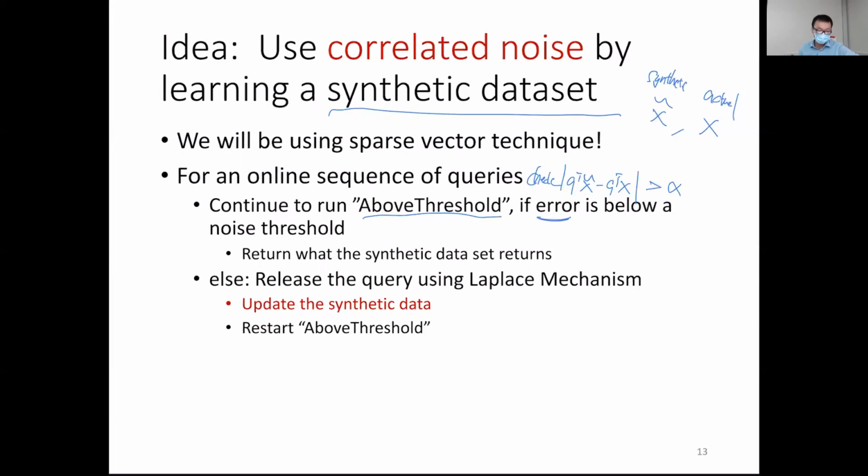If we can show that the synthetic data set will take only a small number of actual private releases from the actual data to learn to perform really well, and then if we can show that the number of times that we have to update the synthetic data is somewhat small, then that allows me to save my privacy budget. So the kind of noise that we add are correlated in a sense that they're correlated through